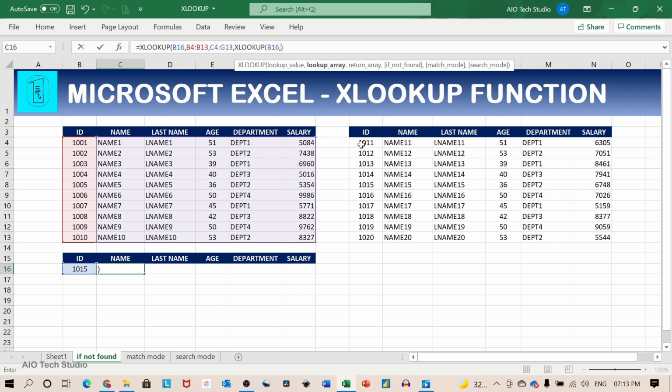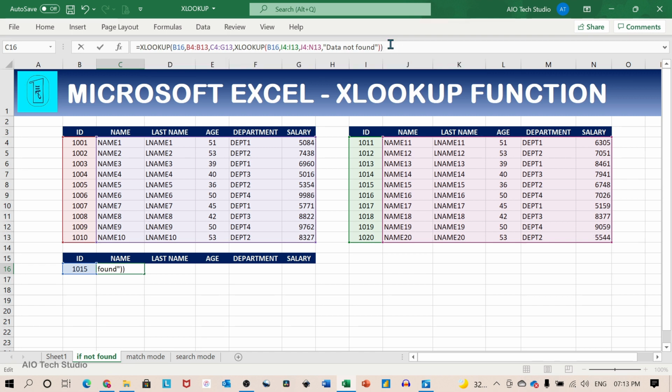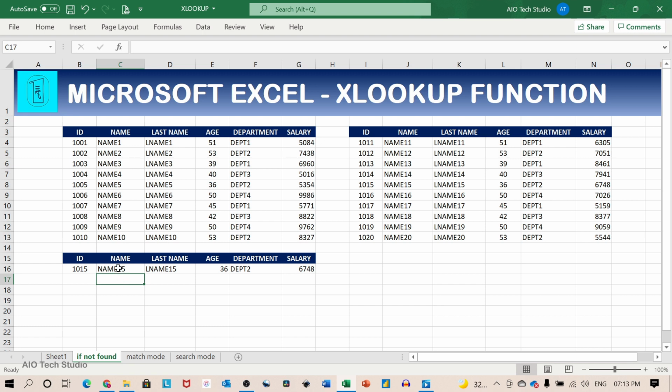The lookup array comes from the second data set, and the return array will also come from the second data set. For the fourth argument of the second lookup function, we will now hard code the text "data not found". Finally, we'll close the bracket and the result appears from the second data set.